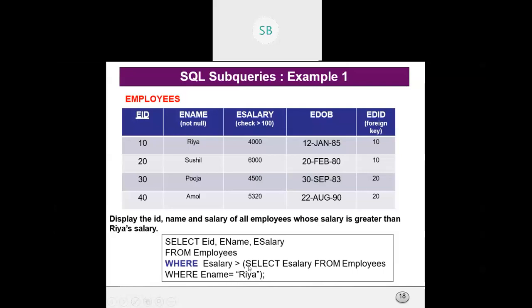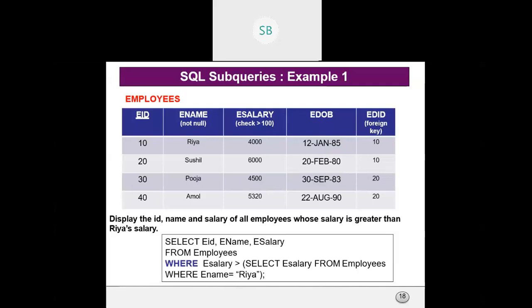But if you want to do it in a single SQL query, it won't be possible. You will get an invalid value error or something. So you need to use subqueries in this case. In the last class also, as I told you, if you wanted to find the maximum salary along with the first name or last name, or a concatenation, you had to use subqueries in that case.